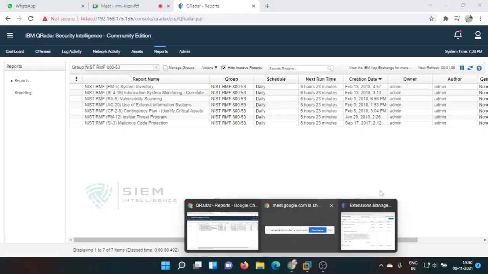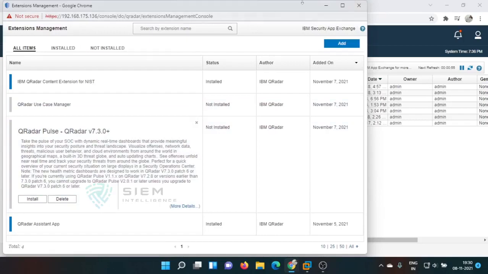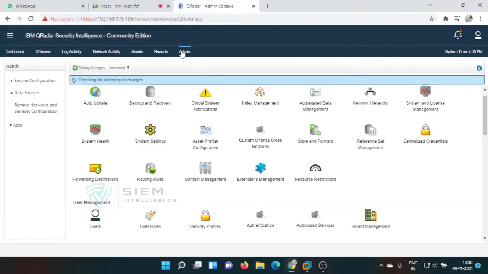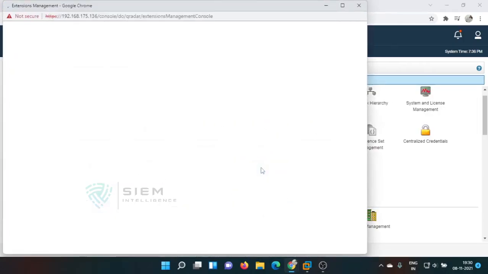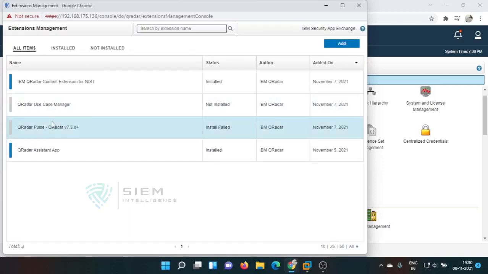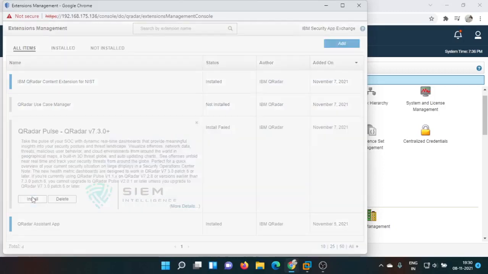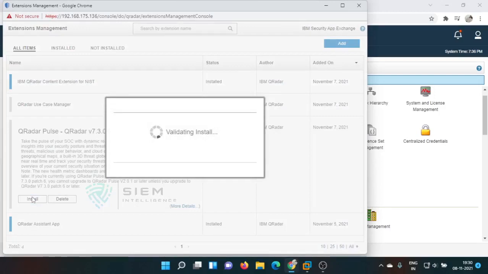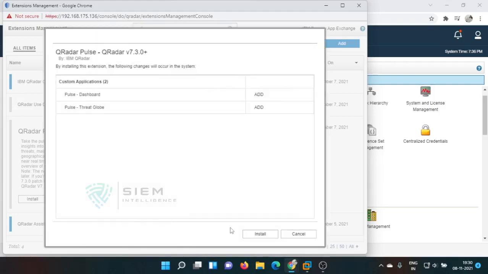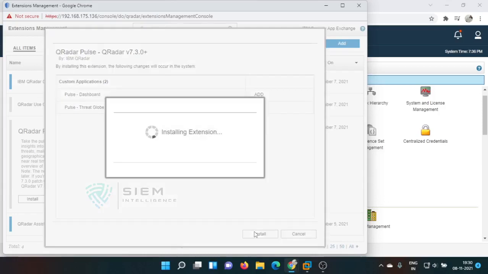Now this particular thing I should refresh from here. To install Curadar Pulse dashboard, you require a minimum over the Curadar. For the installation of Curadar, you require a minimum of 6 GB. As of now, as I felt, 8 GB is the minimum required. But for the other applications, something like Pulse and other dashboards, you require a minimum of 10 GB and above.